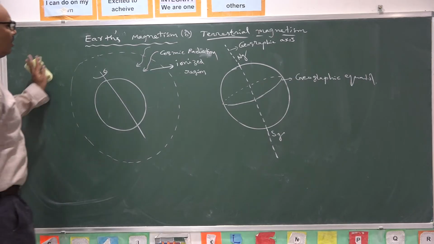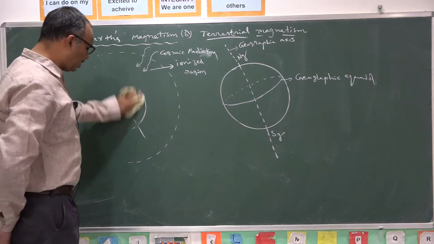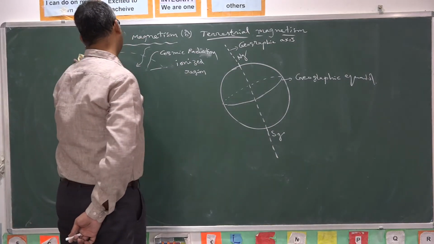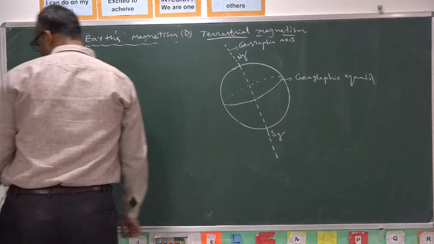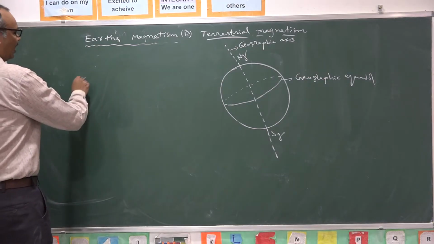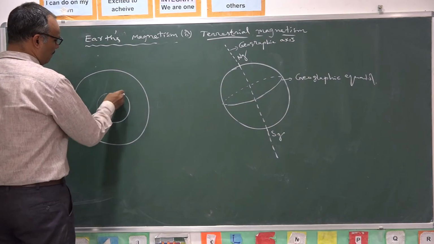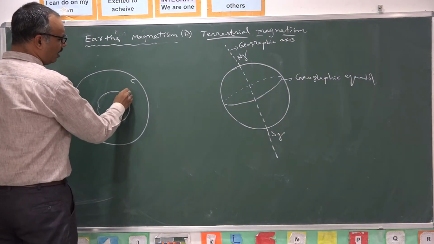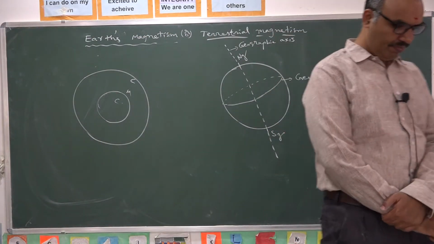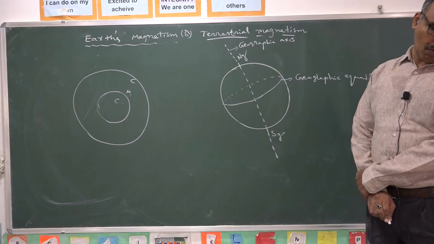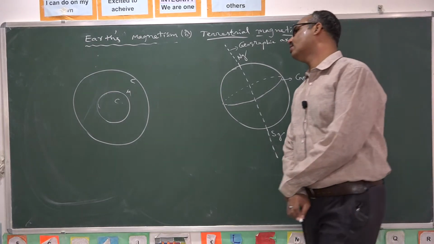And one more theory is there. This is also a modern theory to explain the reason for magnetism or magnetic behavior of Earth, or terrestrial magnetism. As per this theory, Earth consists of crust, mantle and inner core. In this core, the temperature is very, very high. There exist molten iron and nickel within the center of Earth.